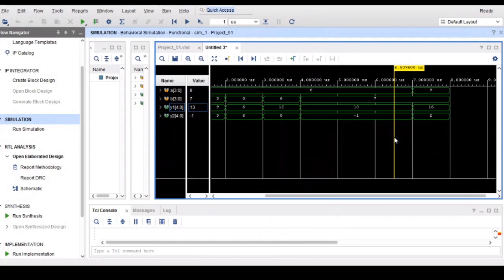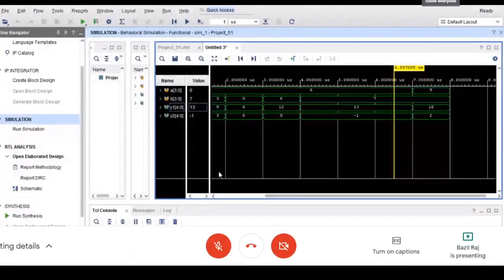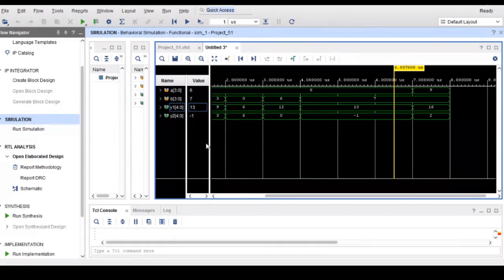Sir, I have selected signed decimal numbers and applied inputs A equals 10 and B equals 15. Still, I'm getting the output as 9. This is strange. You have chosen signed decimal for A, B, and the output is also in signed decimal.